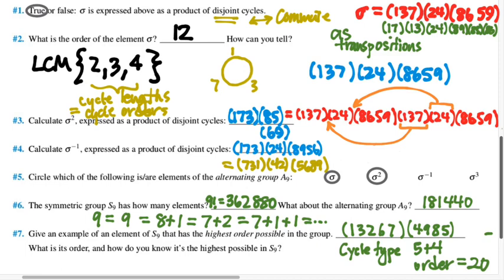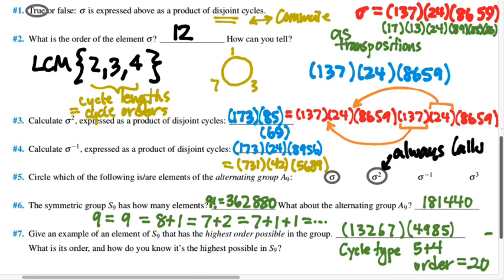But what if sigma is odd? What if sigma is an odd permutation? What can we say about sigma squared? Really? How do we know it's going to necessarily be even? If sigma is odd, why must sigma squared be even? Because an odd plus an odd is an even. Right. So this is somehow always true